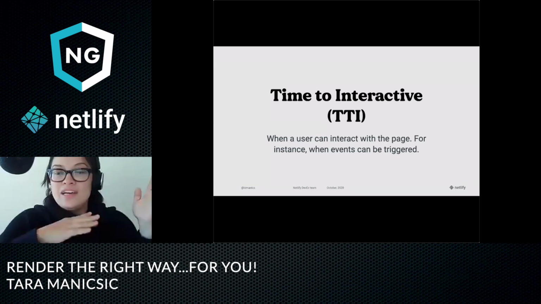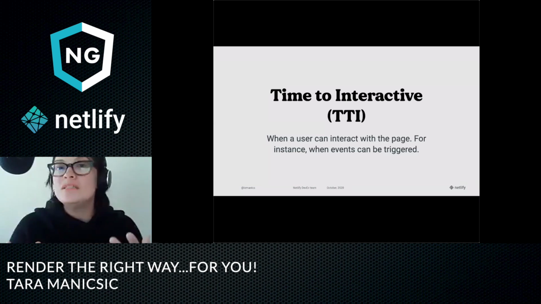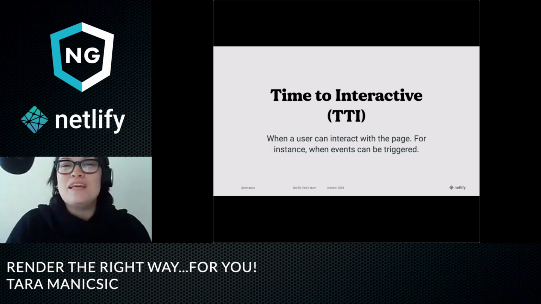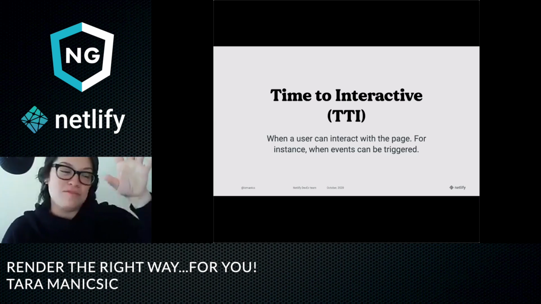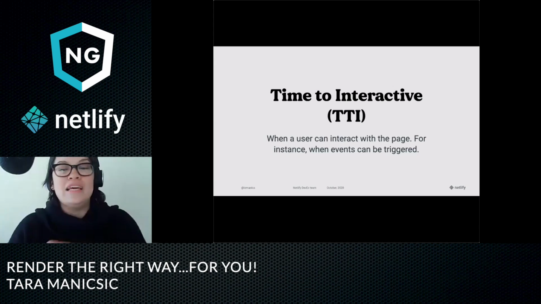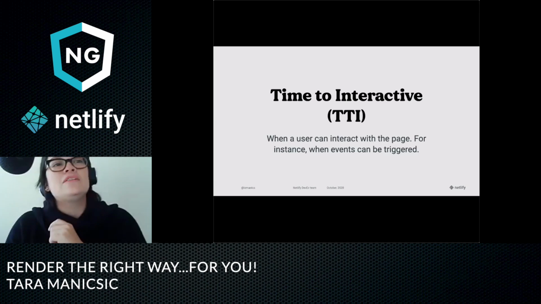So I hope at the end of this, you'll at least have an understanding of, not exactly a full understanding of rendering, because that's a dedication right there. But at least you'll be able to explain the different types of rendering to your colleagues or people using your applications, and have resources to keep you going down these roads to know even more, and then eventually become a rendering expert. Okay. I can see everything, so please feel free to put more in the chat if you have any other questions. Okay, so